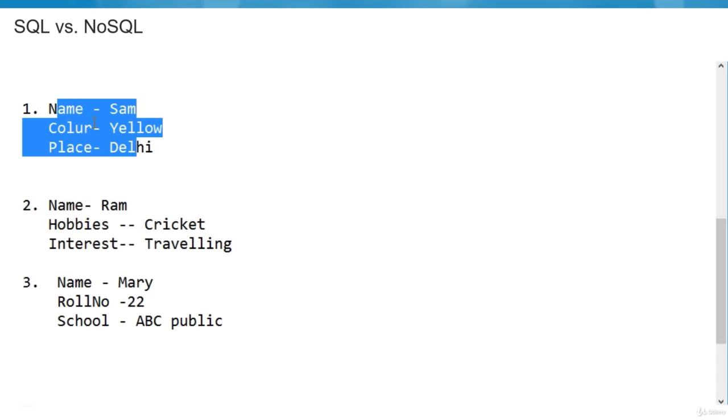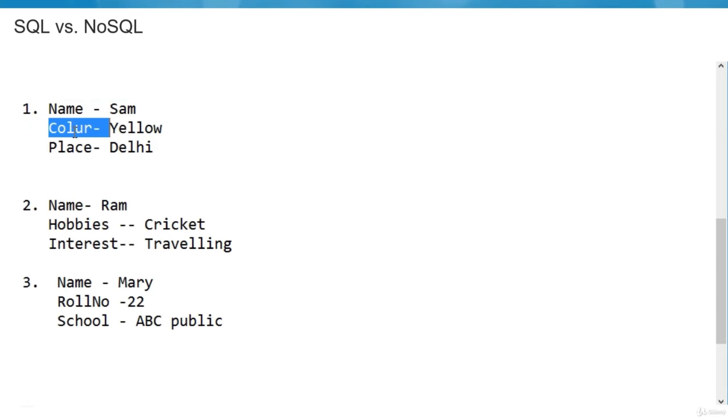I would say no. There is no relationship. Here it is describing color and place, here hobbies and interest, here roll number and school. Think of a scenario where information is coming from 100 such sources, wide varieties of sources. Can you create a table out of it? It is actually impossible to create a table out of it, because we would not create 100 columns.